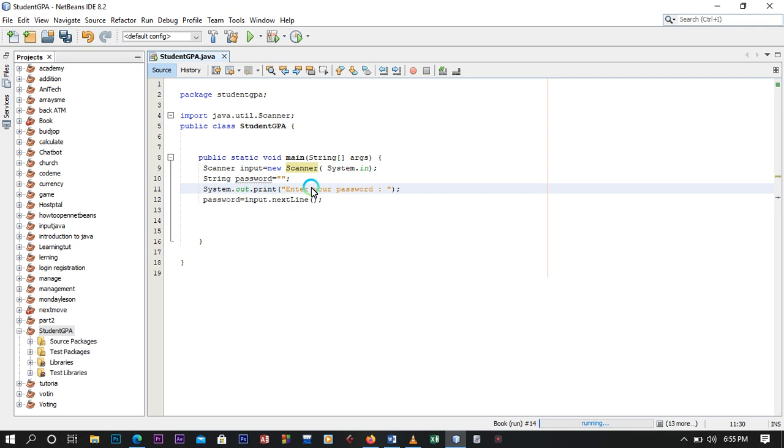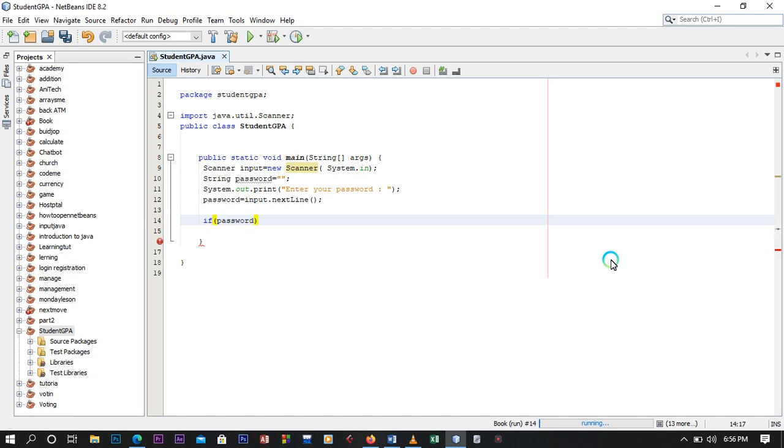But if the password is wrong, don't go there. That's the if statement that we have come to talk about. So the condition is what? It's stated by the if and the condition in the bracket. So if what? If password